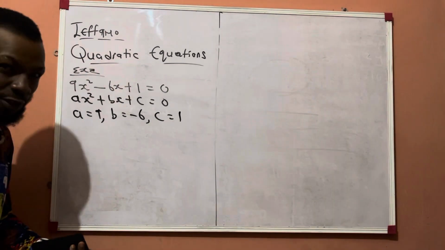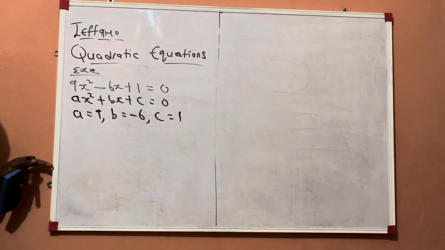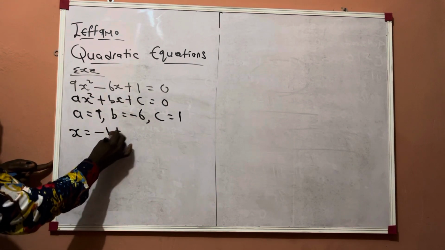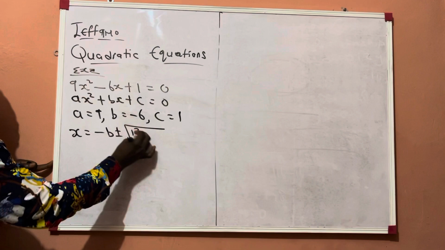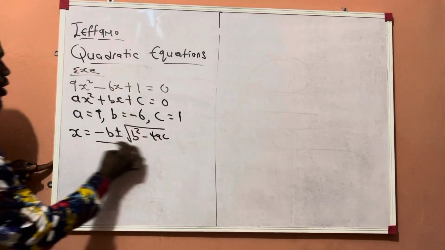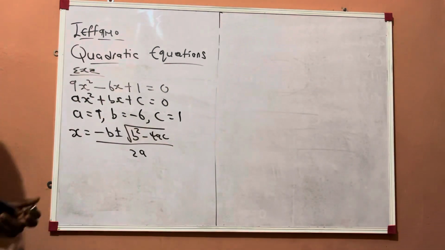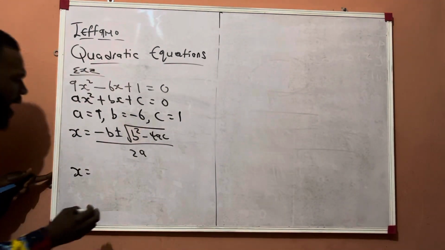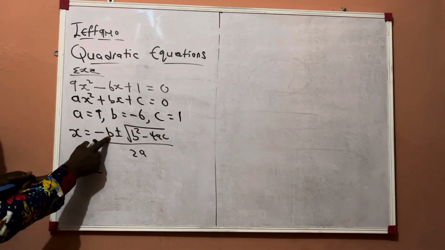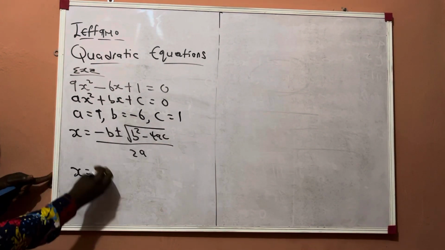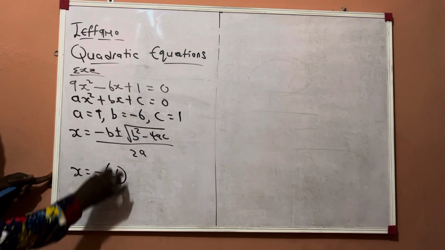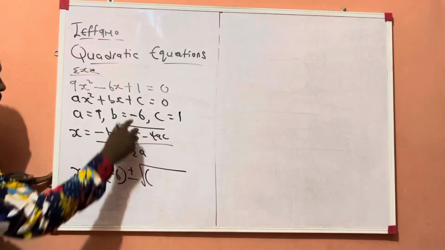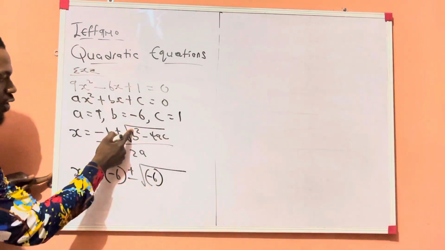Okay, now knowing this, what do we do next? We introduce the formula for solving quadratic equation using the formula method. And the formula is x is equal to minus b plus or minus square root of b squared minus 4ac, all over 2a. Now, what do we do next? We substitute these values. Substituting, x is equal to minus, my b is minus 6, so I'll give it in a bracket, minus 6, plus or minus square root of, my b is also minus 6, but this time raised to power 2,